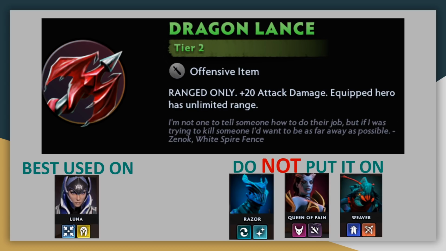Next, Dragonlance, a ranged-only Tier 2 item. This one offers much less stats, only plus 20 attack damage. But instead of a big drawback, this one comes with a nice little upside. It will make your attack range infinite, so no matter where on the board your enemies are, your ranged unit